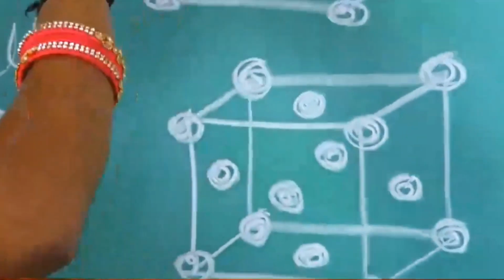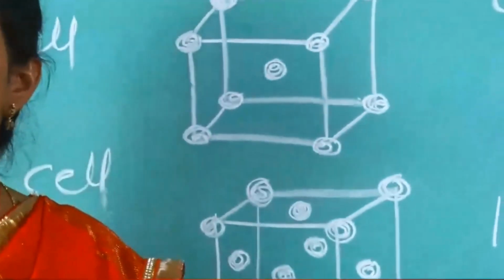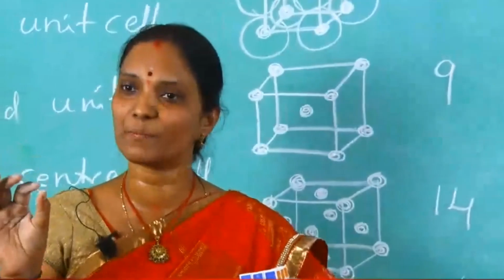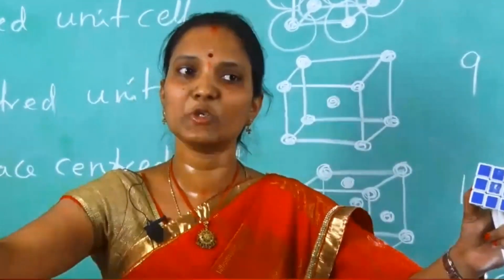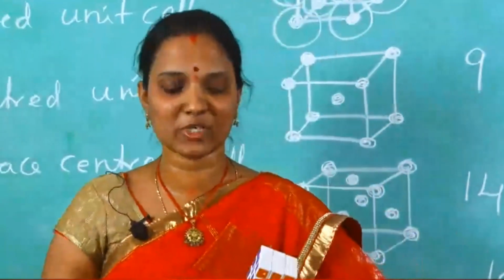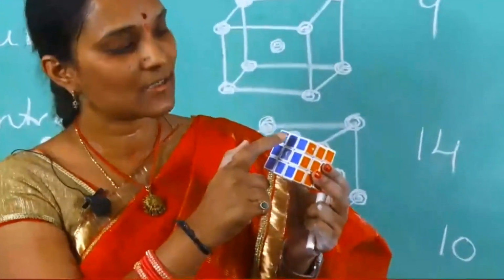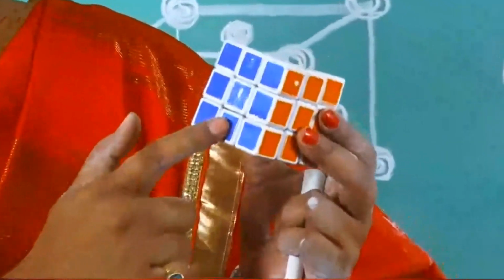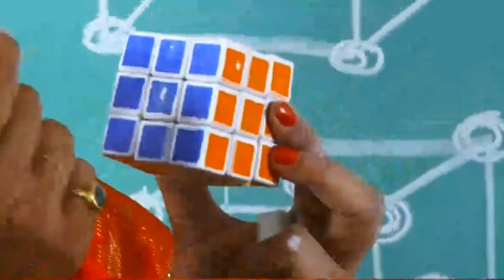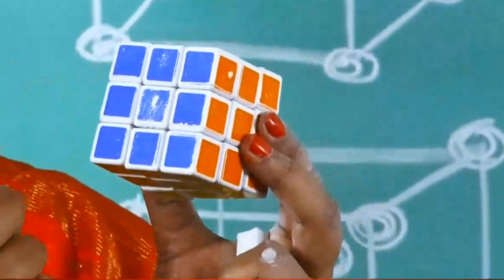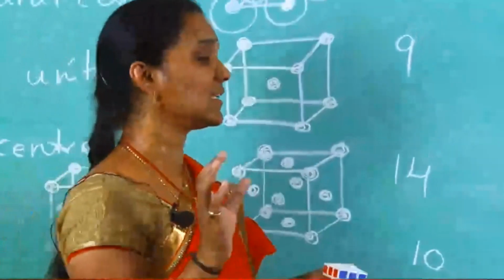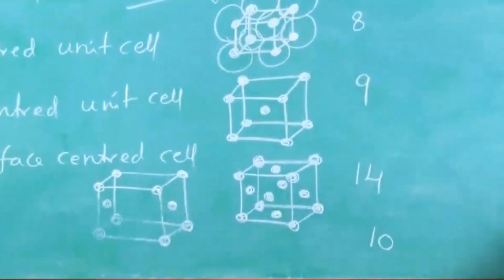It appears like 8 particles, but 8 particles are not there. 8 lattice points are there. Because the unit cell is the smallest repeated 3-dimensional unit. Like that many unit cells are there. One unit cell is in contact with another unit cell. That is the 3-dimensional arrangement. This side contact, this side contact, this side contact, and this side also. Here contact, and the back side, this layer, the middle layer, contact. In the middle one more particle is there, then it is in contact. So, in this unit cell, if the particle is present in the corner, how many unit cells can share?